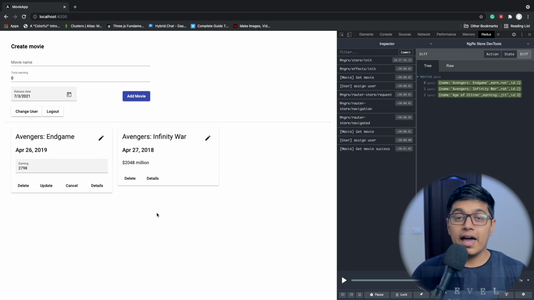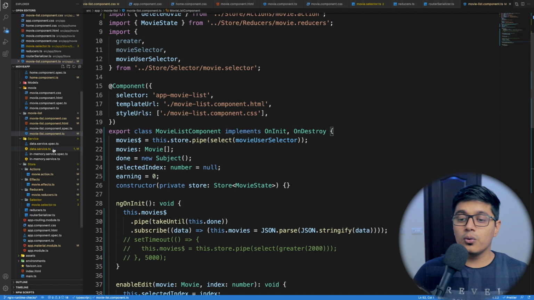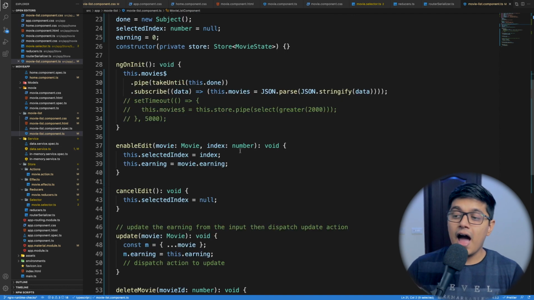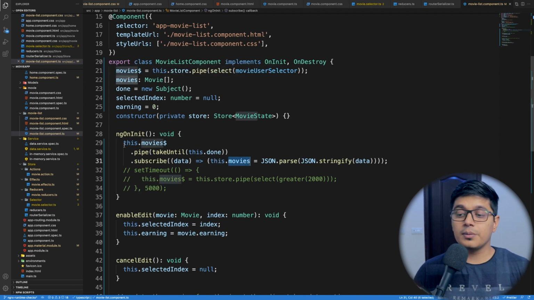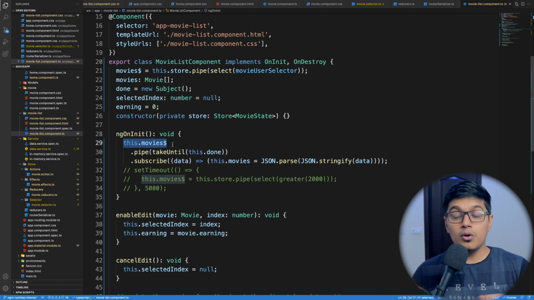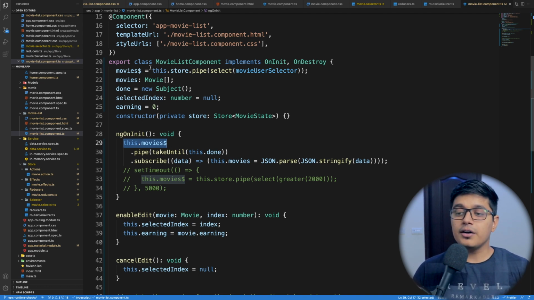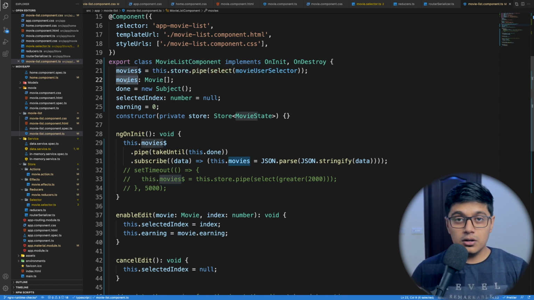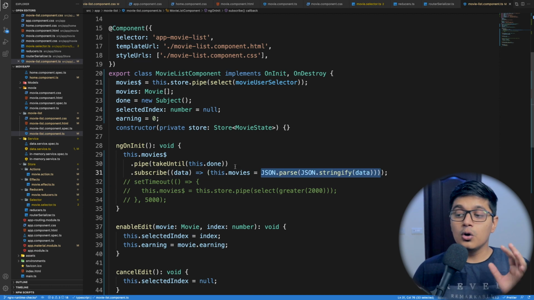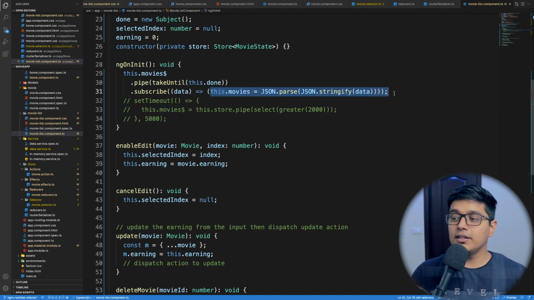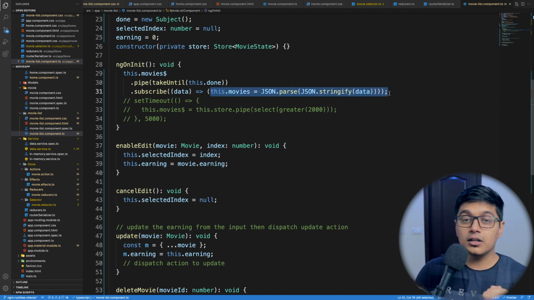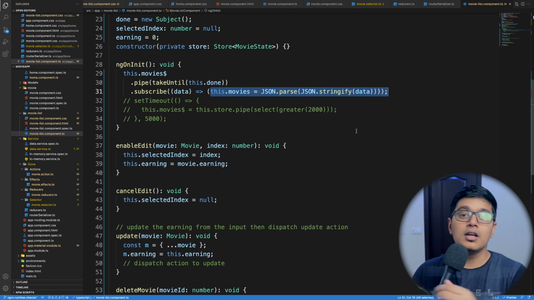And another approach can be, instead of iterating directly through your movie observable, we can have a separate variable called movie, and that movie can be populated on the subscription of your movie observable which is coming from your selector. So instead of directly using it in your HTML as an async pipe, you will create a local variable in your component and you will copy the whole object to your movie local variable so that now it is not read only. Either you can do it like this, or you can get the data from your selector and you can assign that to a form, meaning a reactive form group, and you have all the fields, assign the data.